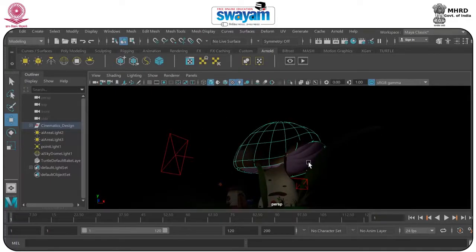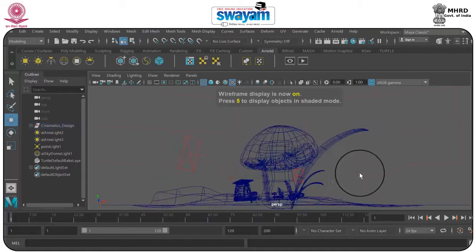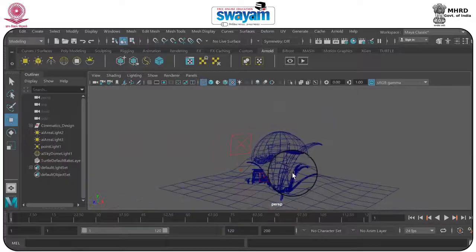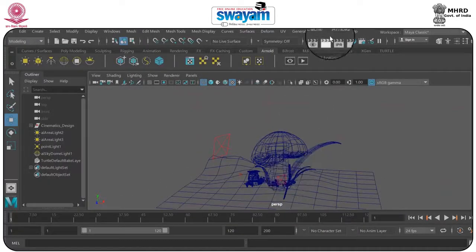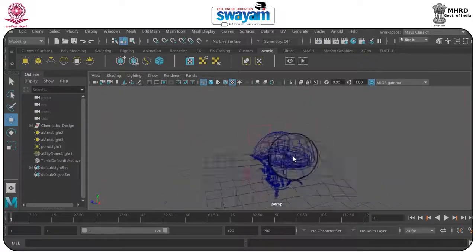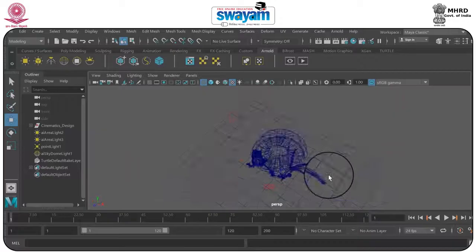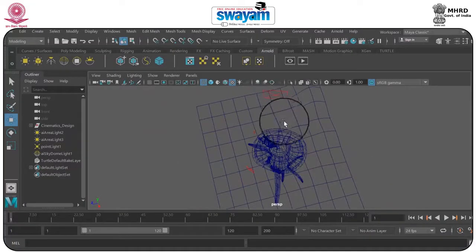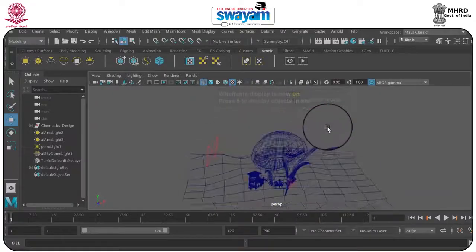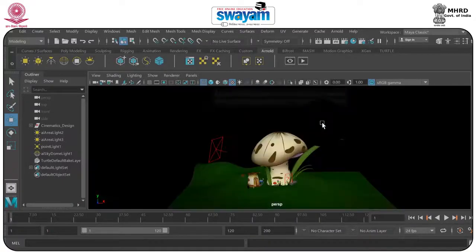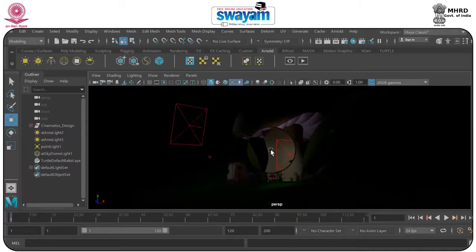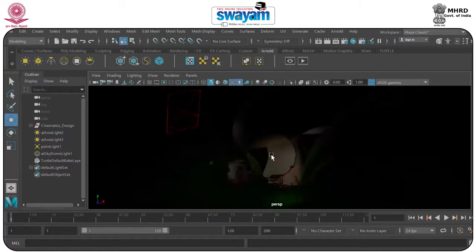For this purpose I will just press 4. 4 is basically for wireframe, so it's very easy to handle the wireframe. If you are working on light, you have to check through the render tab, but if you are currently moving around your viewport or examining a particular section, you can press 4 because see, the scene is getting lighter. But if I press 7, what happens? The scene will be heavier. So by pressing 4 you can go to that particular place.